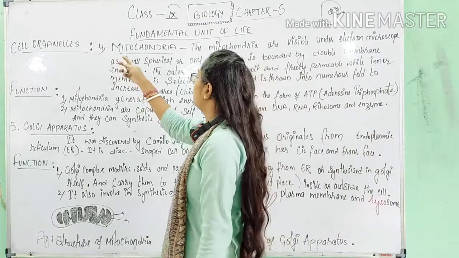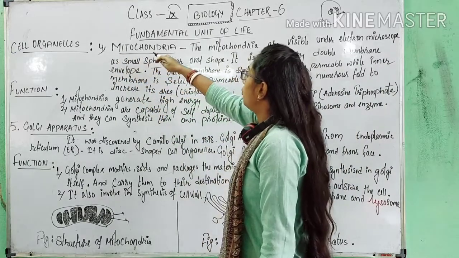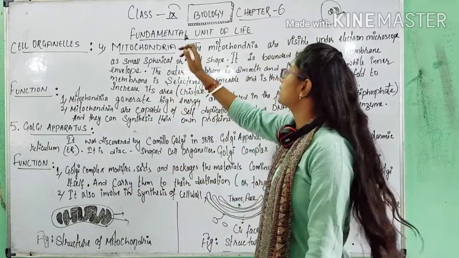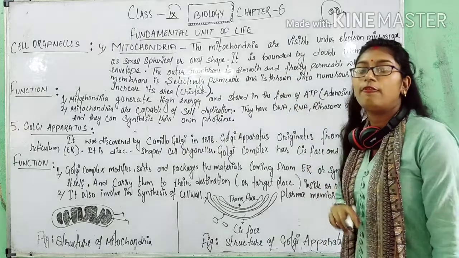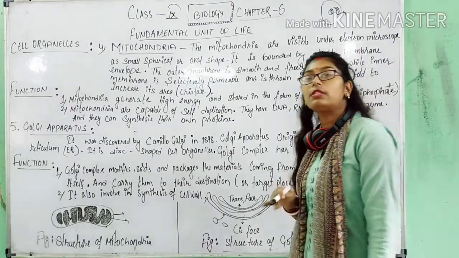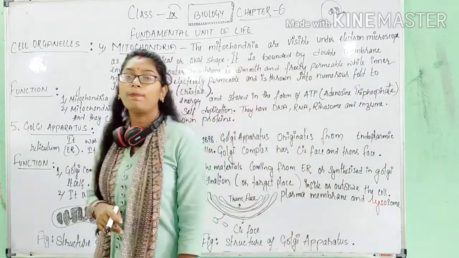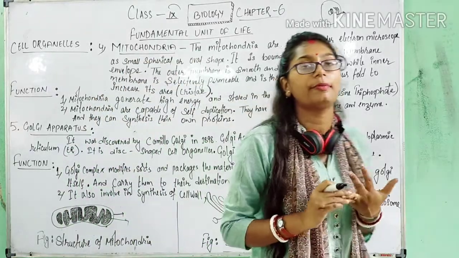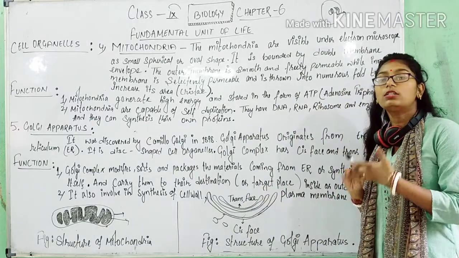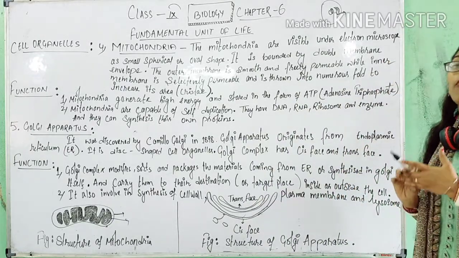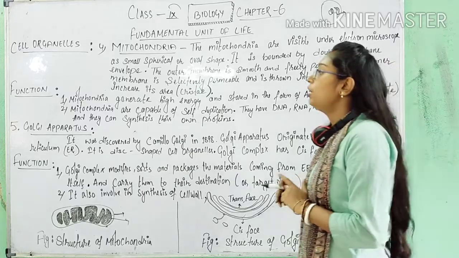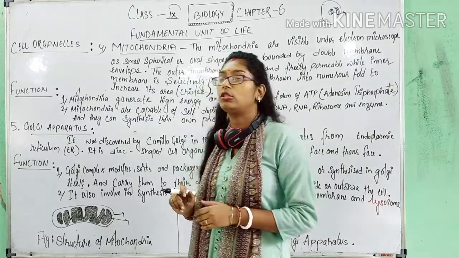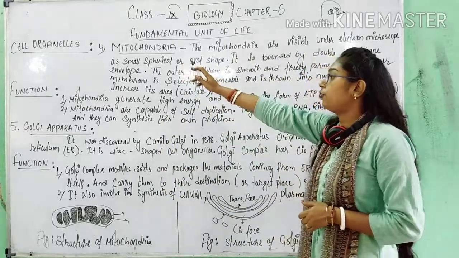About the cell organelles, that is number fourth, mitochondria, and fifth, Golgi apparatus, of class 9th biology chapter number 6, the fundamental unit of life. In the previous video we have discussed the cell organelles. First is vacuole, then second we discussed the plastid, and the third cell organelle, lysosome, we have discussed in the previous videos. So now in today's video, we will be discussing the fourth, mitochondria, and the fifth,